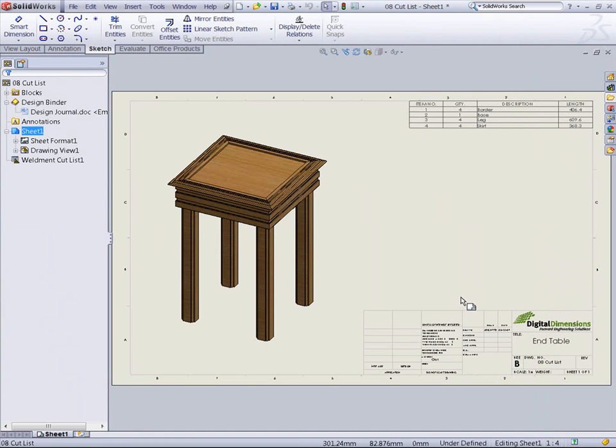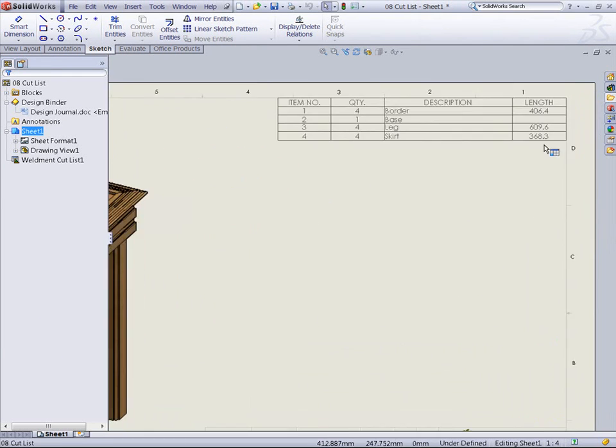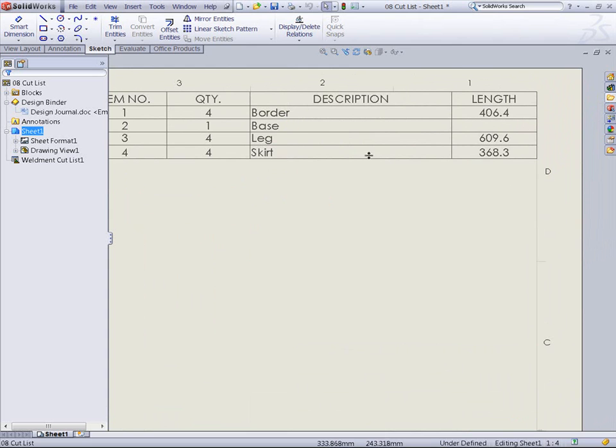And within the drawing here, you can see I've got a description and a length for each structural member. The base was not a structural member, so it does not have a length. Now, I did add weight to the border, so to bring that in, I'm going to go ahead and add